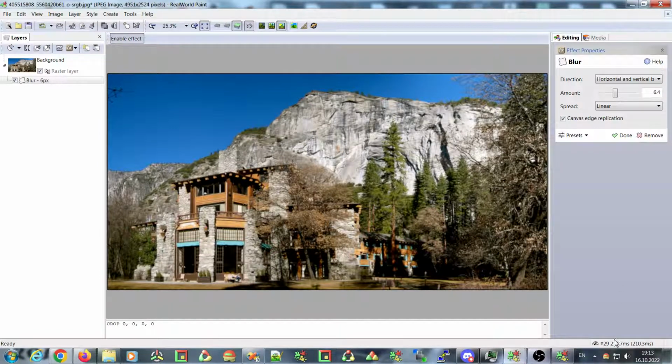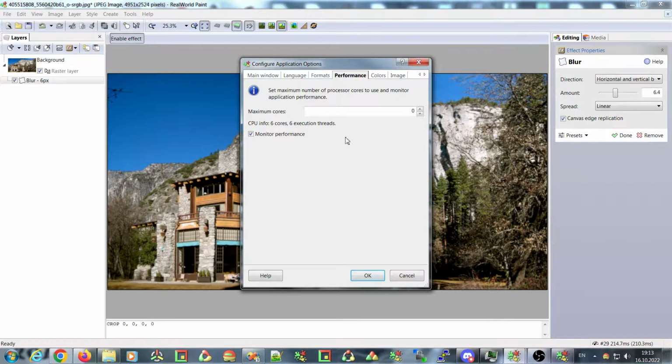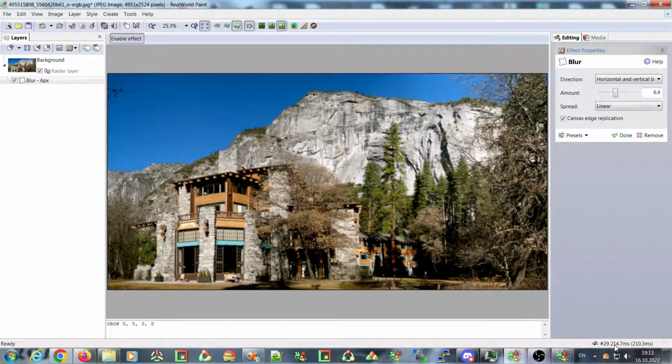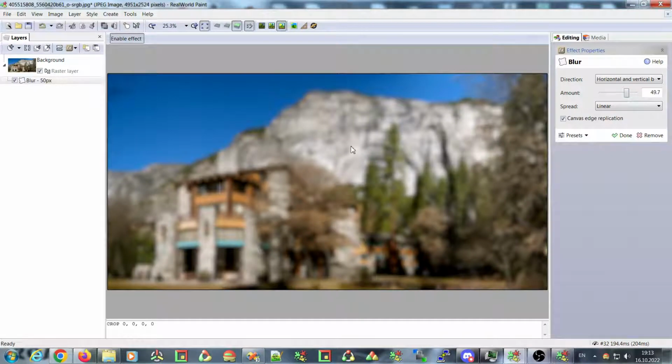I am using it for speed testing. So in this new version, the blur should be much faster than in the old one, and also the performance monitoring should work much better. So you can see here how much time it took to apply the blur. On my computer it takes about 200 milliseconds,